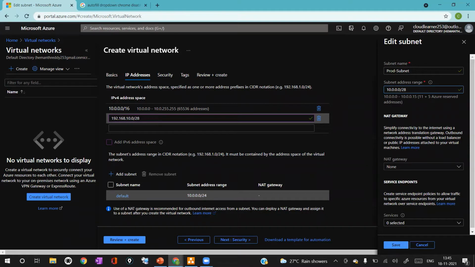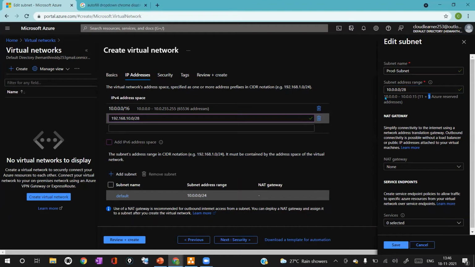Before I click on save, you can see the address space range which we are dividing as subnet here. So it is going to get 11 IPs plus 5 reserved IPs. So remember this, there will be 5 reserved IPs for every subnet you create. If you create /28, /24, /16, whatever the subnet range you are providing, 5 IP addresses will be reserved by default from Azure side.